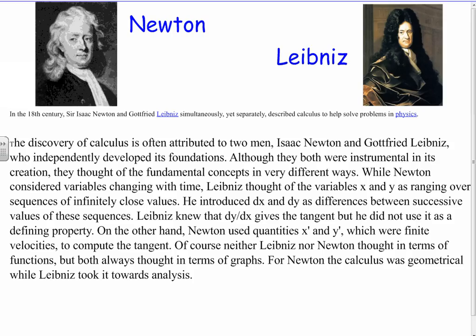And they described calculus that helped solve problems in physics. They both were doing it independently. Leibniz was the one that published his book first, before Newton, but Newton came in like the next year. So this was like late 1600s that they did this. So they're both credited for finding